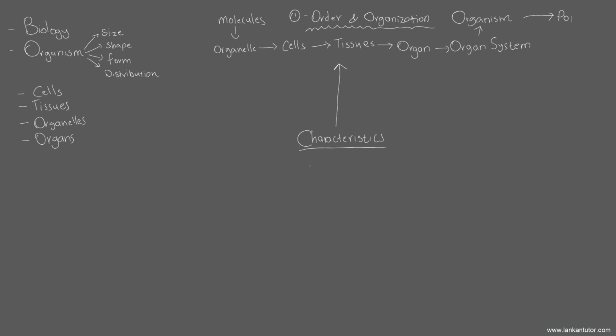Now, a group of organisms of the same species interacting with each other in a defined area at a given time is called a population. All 5 of these points are crucial for the definition, so don't drop any of them out. I know this is going to be really boring. What the hell is this guy saying? He's only defining a bunch of words, but really the first unit is basically defining a bunch of words. At least the first part is. The 5 points, they have to be a group of organisms of the same species interacting with each other in a defined area at a given time.